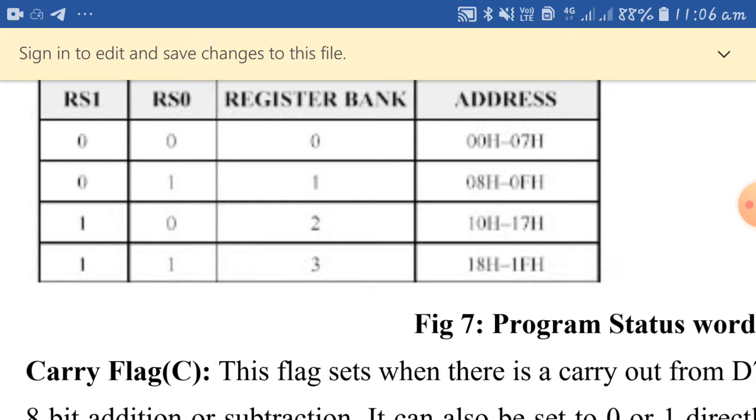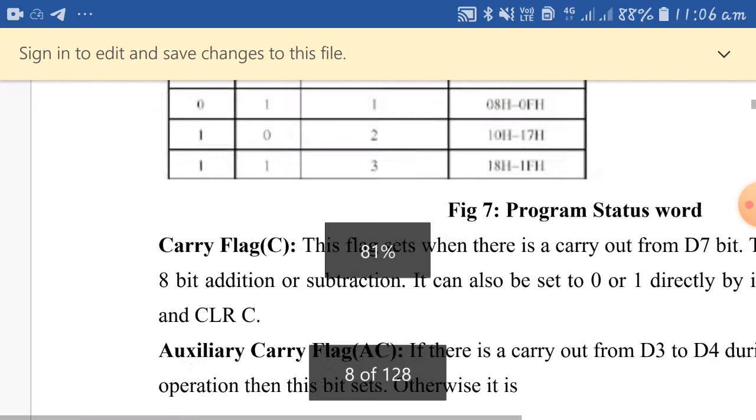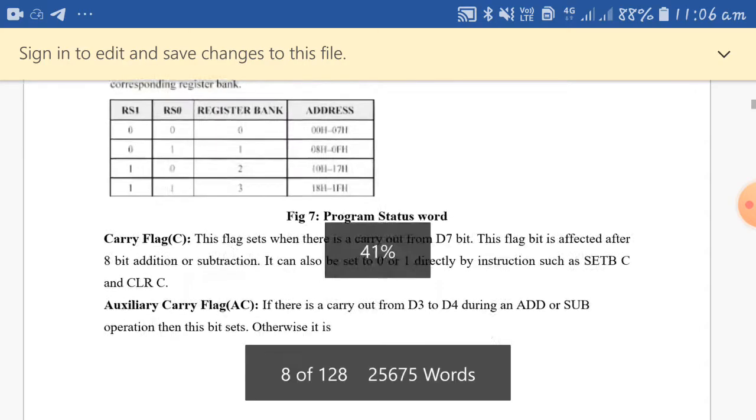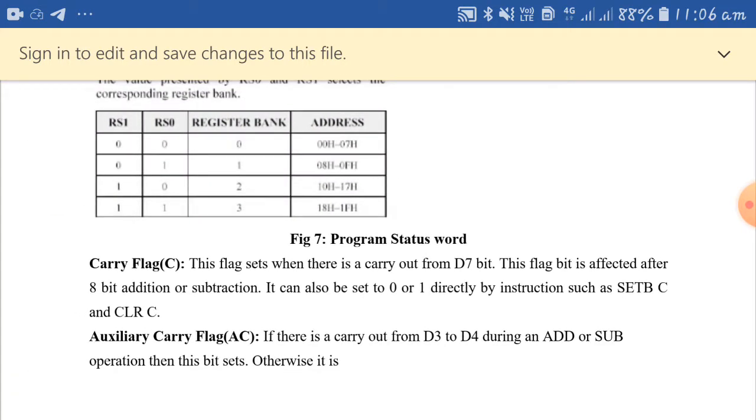For register bank 2 the bit combination is 1 and 0, whose address is 10H to 17H, and finally the last register bank is selected when the combination of RS1 and RS0 is 1 1. Like this the register bank is selected using these two bits in the program status word.